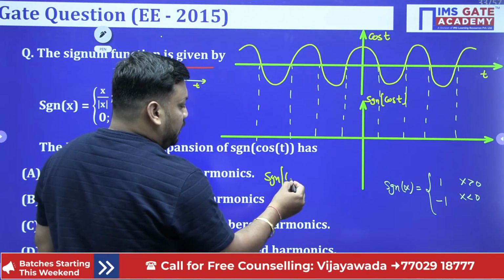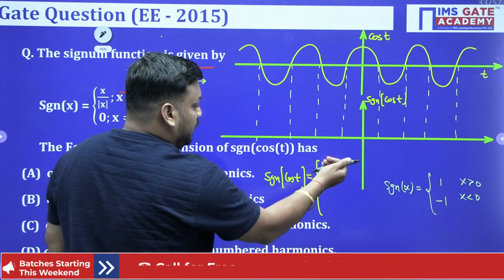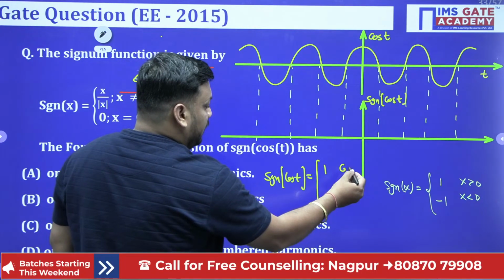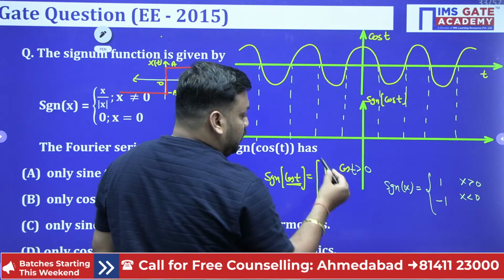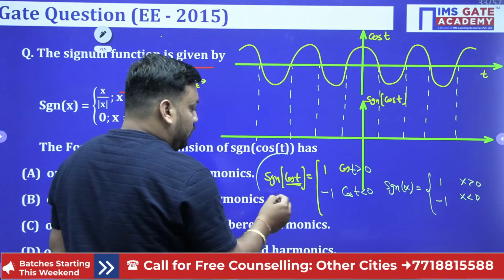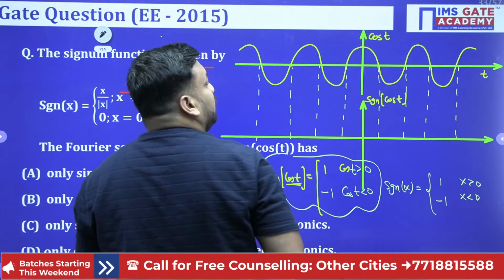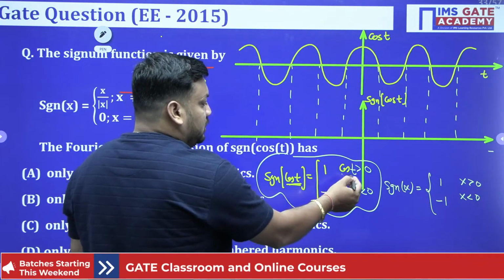So for the signum function of cos of t, functionally it will open like this: whenever x is greater than 0, here x is cos t. So whenever cos t is greater than 0, it is plus 1, and whenever cos t is less than 0, it is minus 1. If you are looking for the signum function of cos t curve, it means whenever the cos t function is greater than 0,